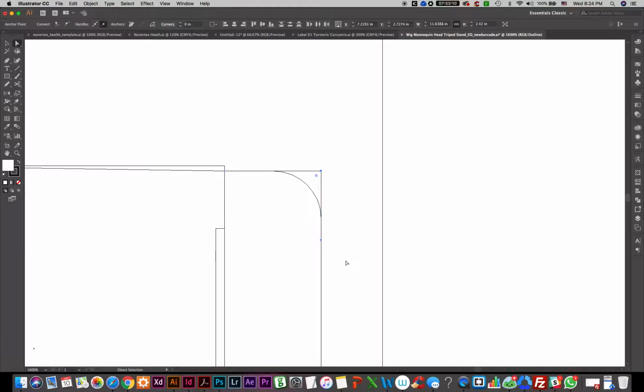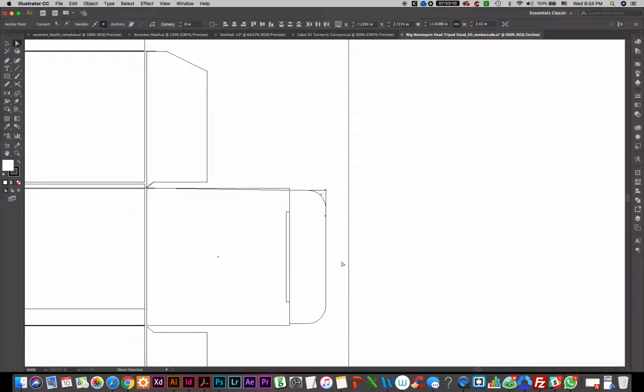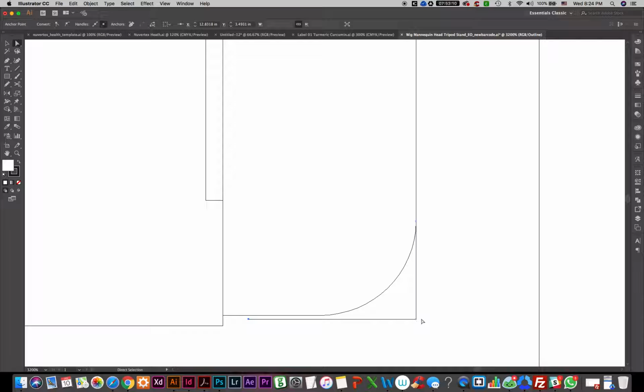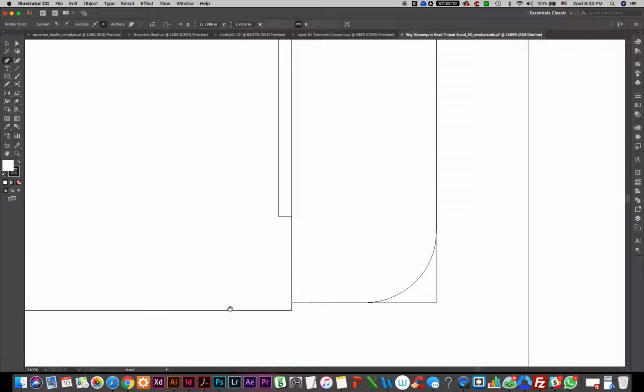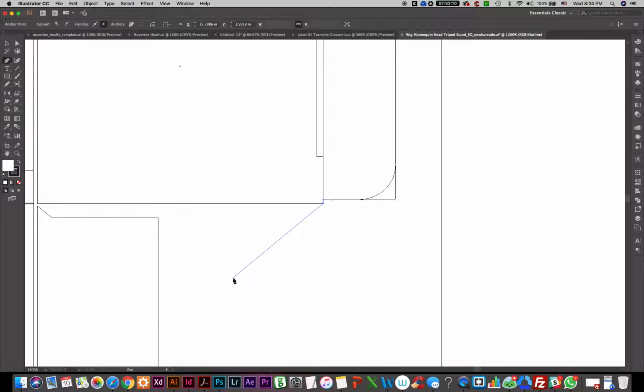I can continue on the Command Y to see the shape more accurately. So creating this line here, it also needs to be touching, and it's not touching. It needs some zooming and fixing. So we continue drawing the line, and we also have a die cut here. I will show you how